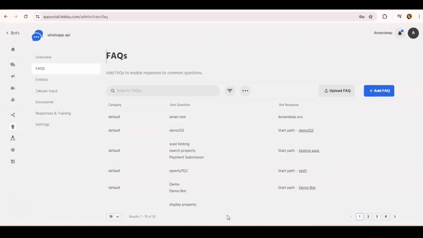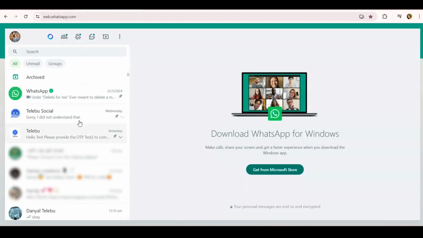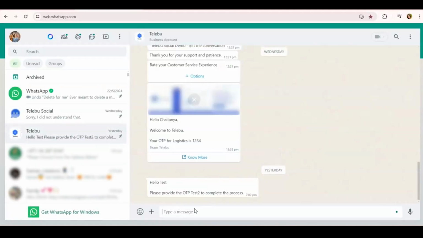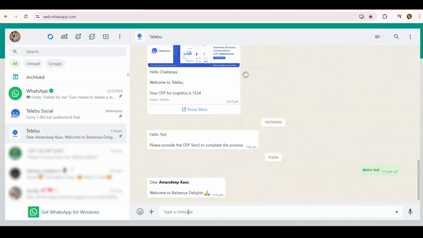Now this FAQ is added, demo bot. If you search in FAQ, demo bot is added. You can see. Now, if I go to WhatsApp, go to my internal number and write demo bot, the bot FAQ will trigger and the bot will start working.